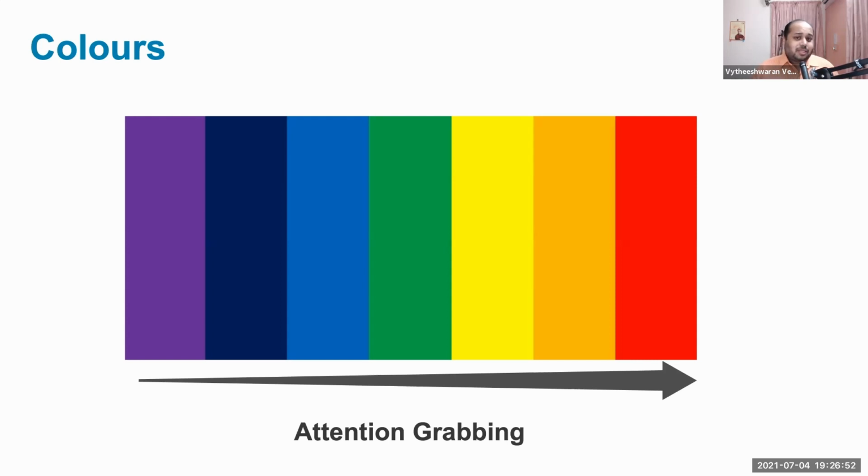So even when it comes to slides, when you are putting in elements on your screen, graphics, icons, text, you need to remember this as to how much attention you want your user to give to the various elements on your screen. If you want a certain part of your screen to get more attention, you can go a little towards the right of the spectrum. And if you want something more muted, you can go towards the left of the spectrum.